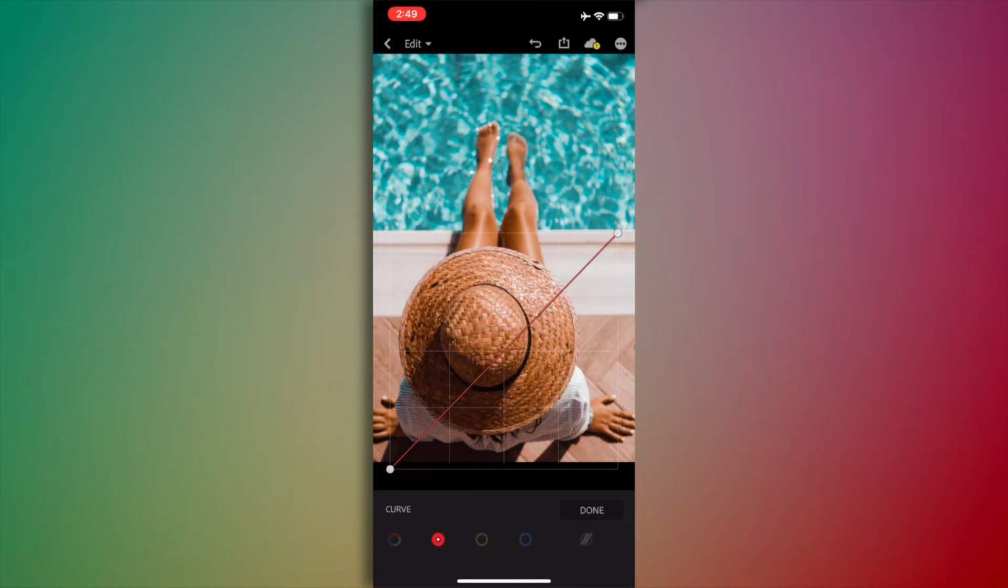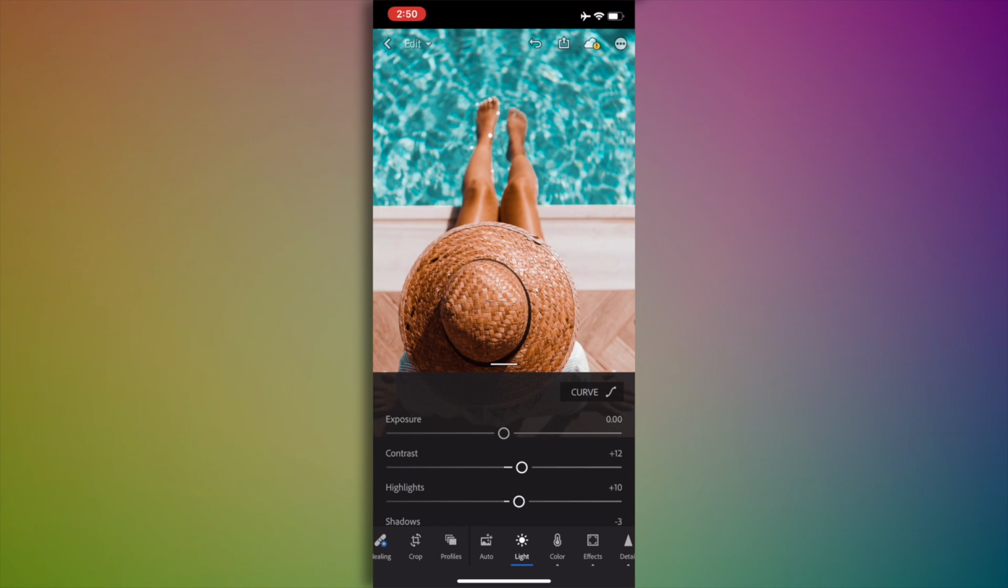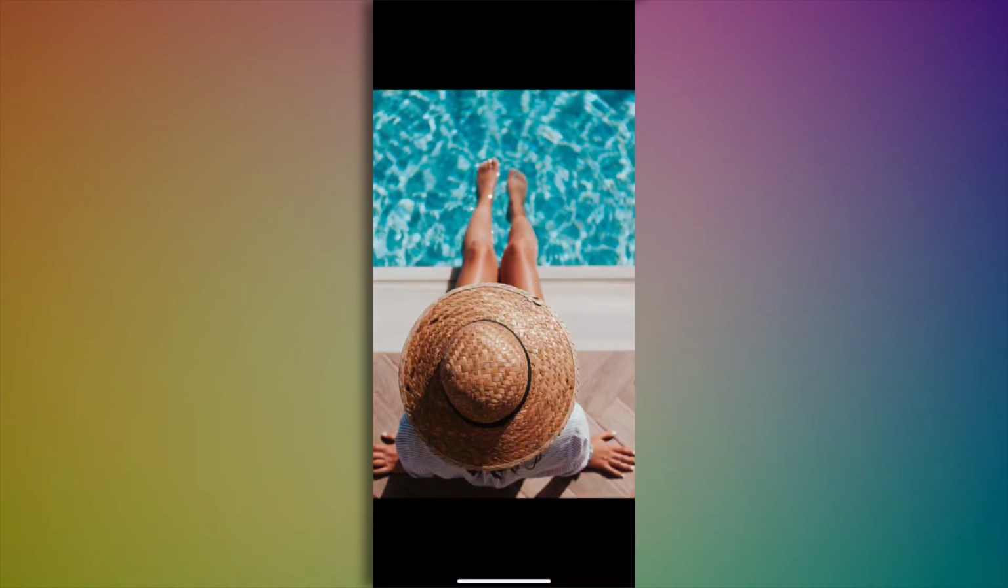Oops. Let's come here. Just a tiny bit, if you guys can see that, just barely anything. Too much, it'll go too red. There you go. And then, yeah, I think that looks pretty good like that. So there's your before, and there's your after. So as you guys can see, it's pretty easy to create that look in the Lightroom app,